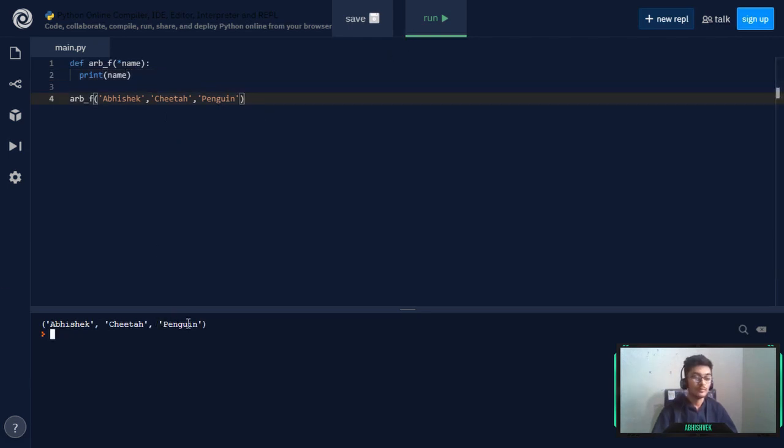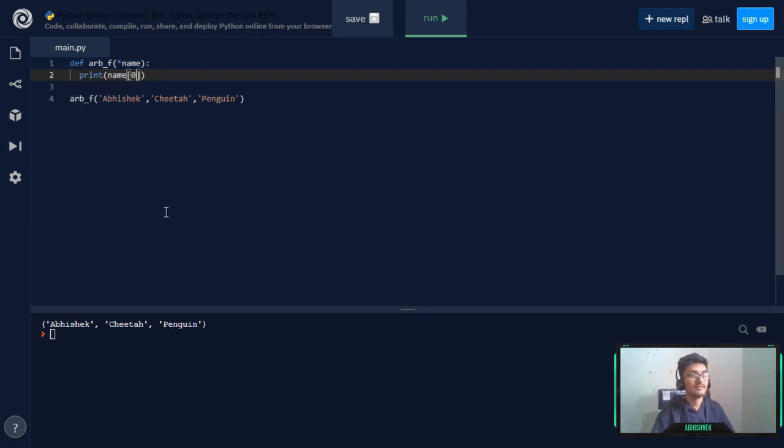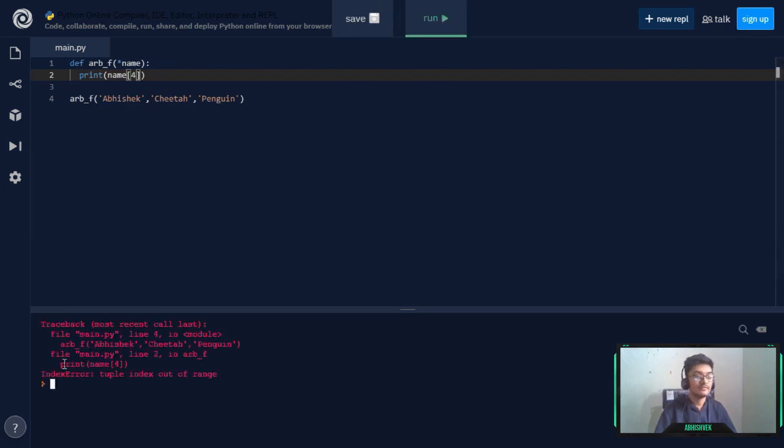If you try to run it, we will get the arguments in the form of a tuple, and similarly we can access them as we have done in our previous tutorial. Check your right hand side, we will see a link for the tutorial on what tuples are. Now if I access the first name here, which is Abhishek, and run it once, you can see my name Abhishek. And similarly for penguin, just press run. If I type any other index which is not in our tuple, we will get an index error because the index is out of range. In this way you can provide a number of arguments in the form of a tuple if you don't know which argument you have to put at the proper place.